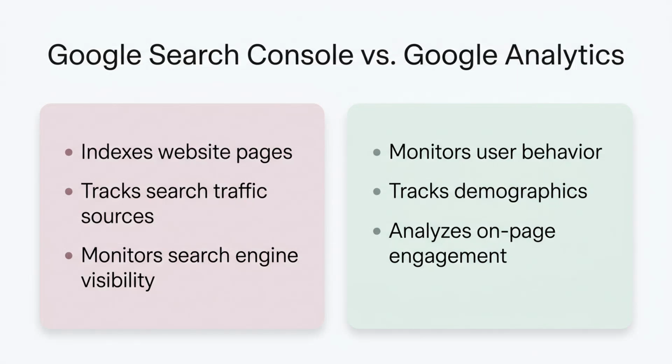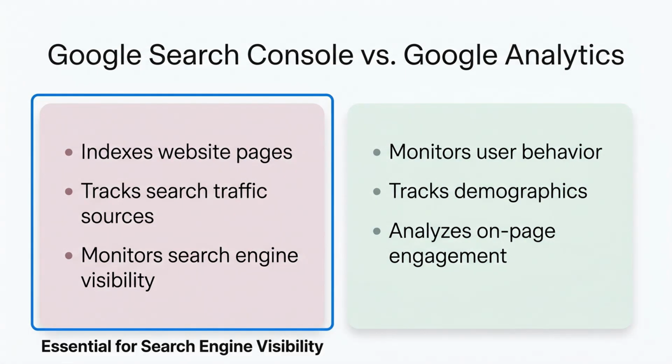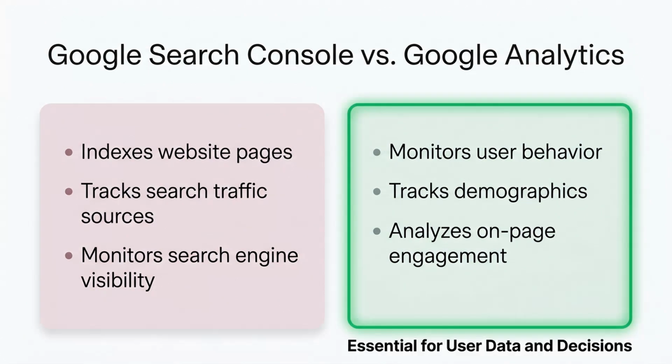Moving right into our setup phase, we need to understand two fundamental free tools provided by Google, Search Console and Analytics. While they work together closely, they serve distinct purposes for your website's overall visibility and data tracking. Google Search Console is your direct line of communication with the search engine. This is where we submit our site to be indexed, meaning we explicitly tell Google our pages exist. It also shows us exactly what search terms people use to find our content. On the other hand, Google Analytics is all about user behavior once they actually land on your site. It tells you their age, location, and which pages they spend the most time on, empowering you to make data-driven